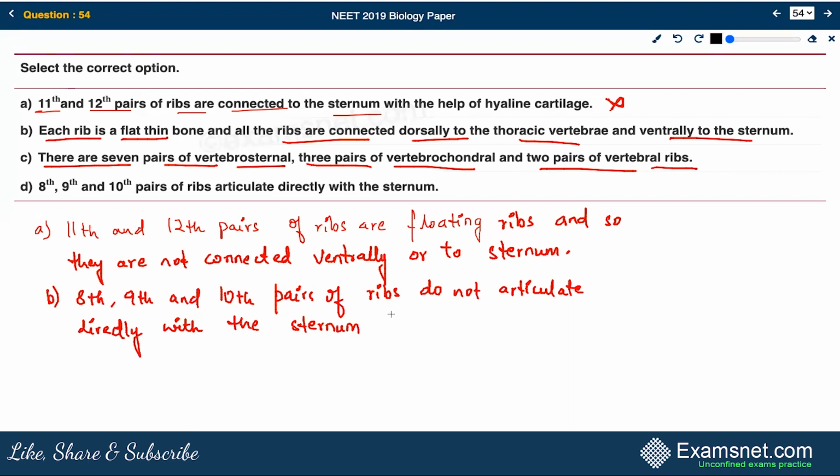Clear? But they actually join the seventh ribs